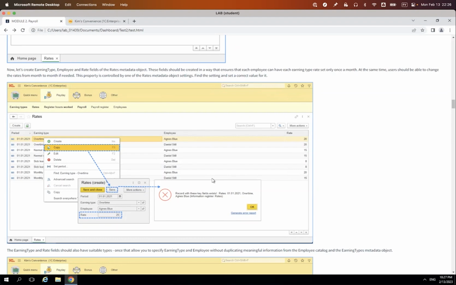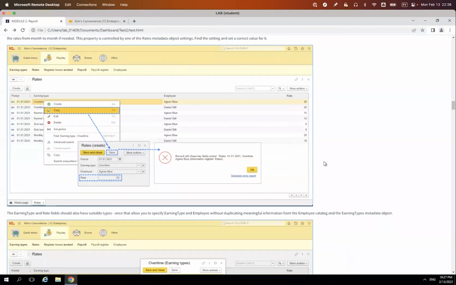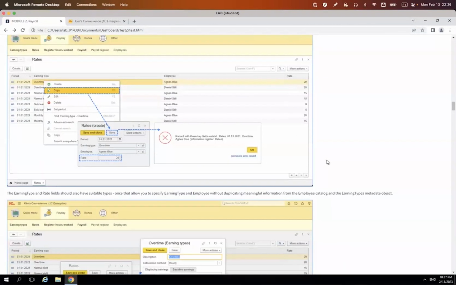The requirement we have in our application is that you can change rates as often as monthly, but not more often. So you cannot change the rate within 1 month. You can set it up for a month and then reconsider it the next month, but not more often than that. So you need to come up with a solution to ensure this rule.